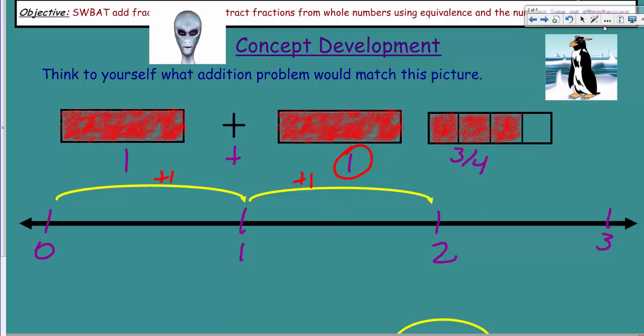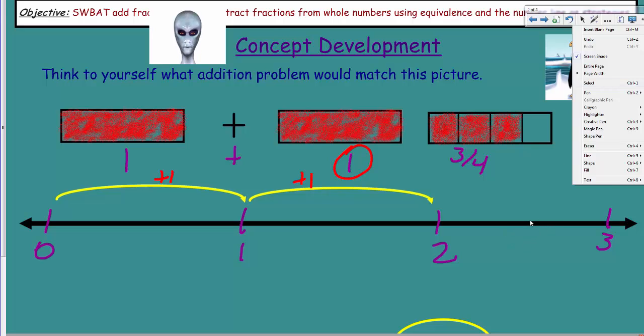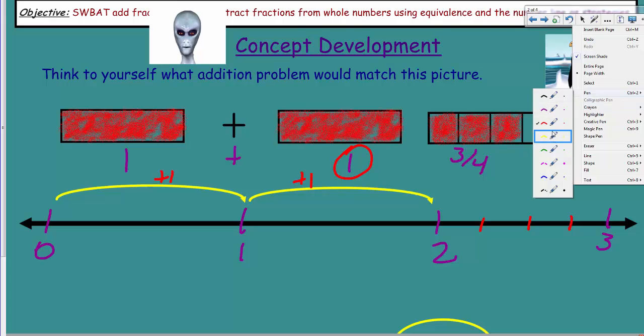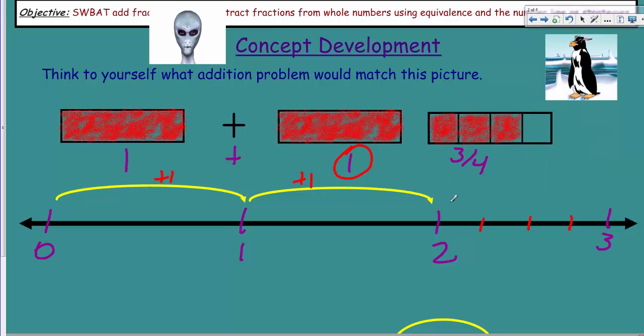So I'm going to have to do some work here. That would be like 2.5 if I put that in the middle. So that would be 2 1/4, 2 3/4. What I need to do is add 3/4. I think I'm going to do this with my pen. I'm using yellow. So it's almost like saying we're going to do 1/4,